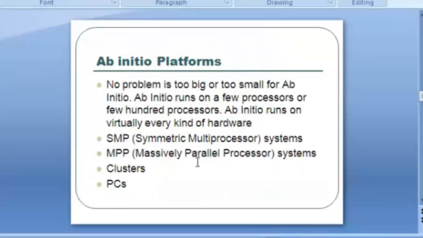So Ab Initio platform, no problem is too big or too small for Ab Initio. As I already told, when you are a business user and anybody comes and asks you which tool they want, the first question you should ask is what volume of data they expect. If the volume of the data is in terabytes, then blindly tell them it is best to use Ab Initio. If it is lower than that, then tell them